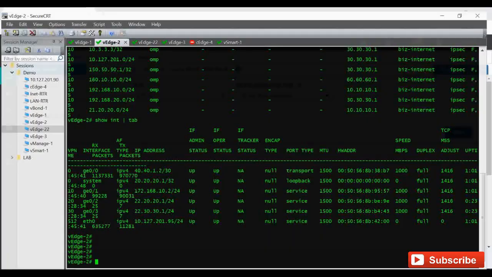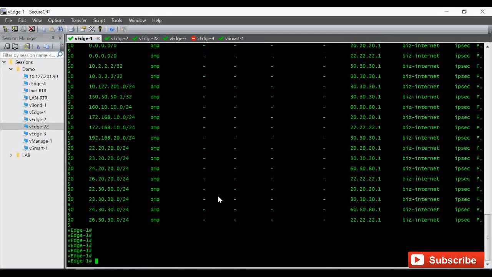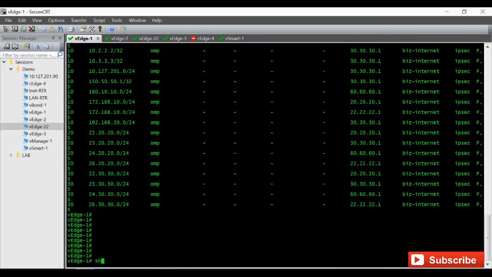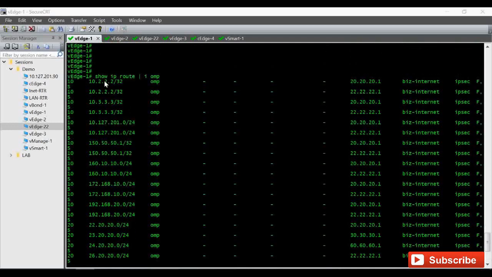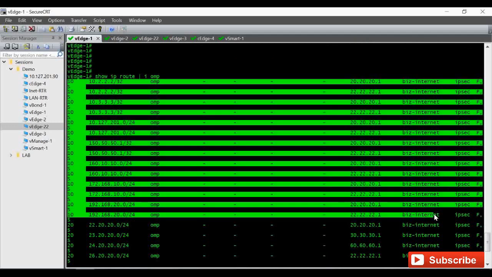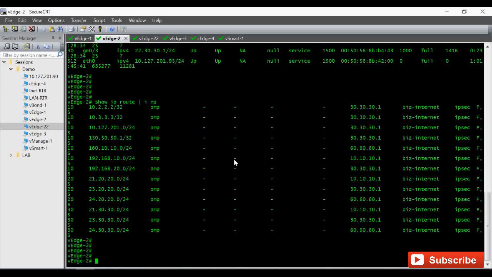So now we will see that in the CLI. I'm again going to my VH1 only. Let's check show ip route for all the OMP routes. I'm in VH1. I gave show ip route | include omp. First check for VPN 10. So these are the highlighted ones for VPN 10. We are receiving this many routes in VPN 10, and the next hop, if you see, 20.20.1 is our vEdge 2. We can verify that here.